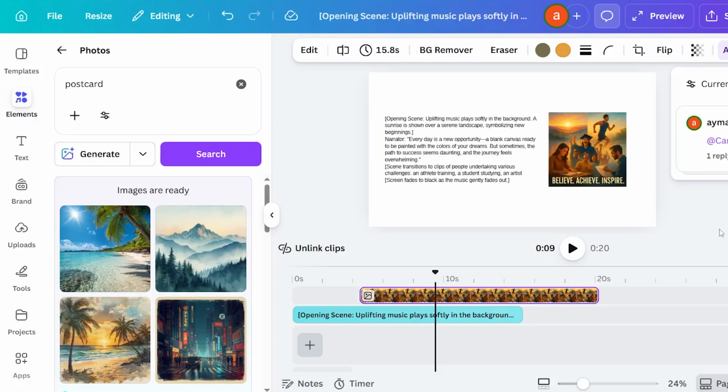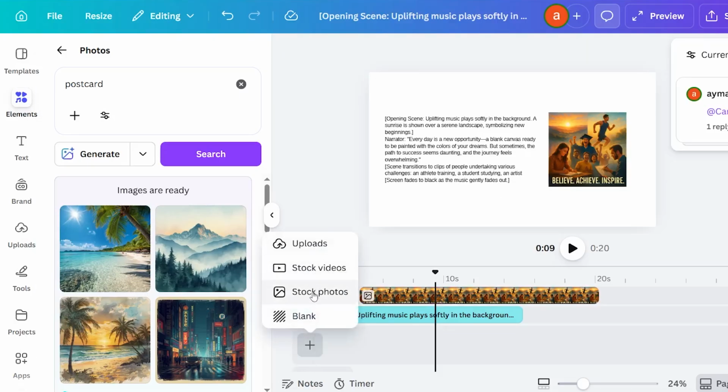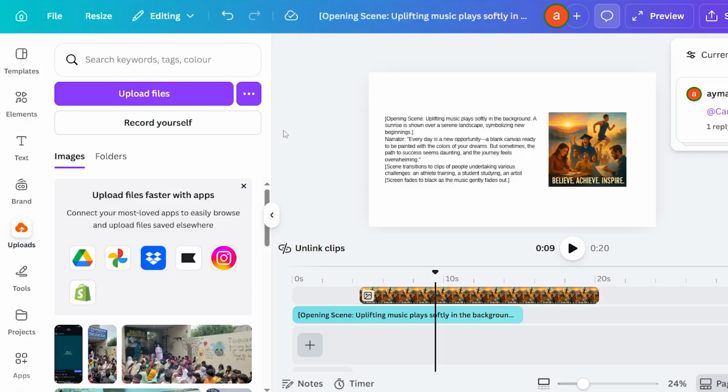Now, music adds emotion to your video, and inside Canva, you can choose from a library of tracks. If you simply go over to your file library, adding in audios or anything else, you can also do that. You can also add in stock videos or any other uploads if you like. You can pick something that matches your video tone and then lower the volume so it doesn't overpower the actual